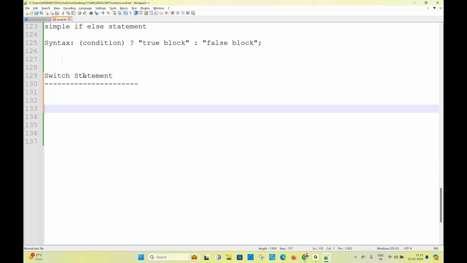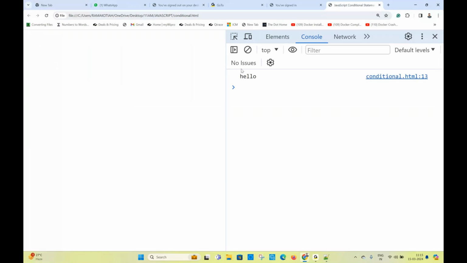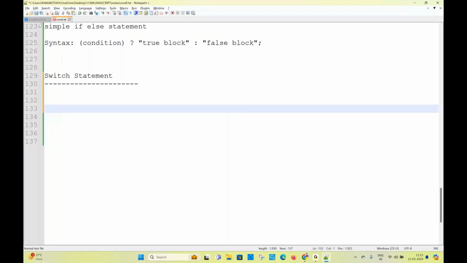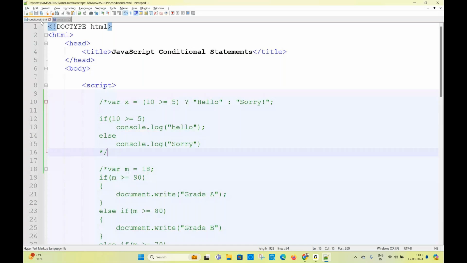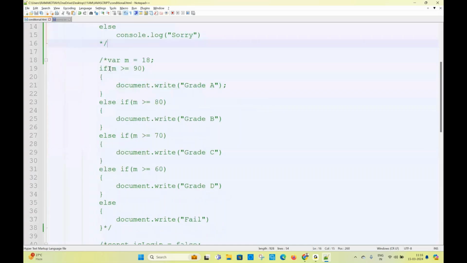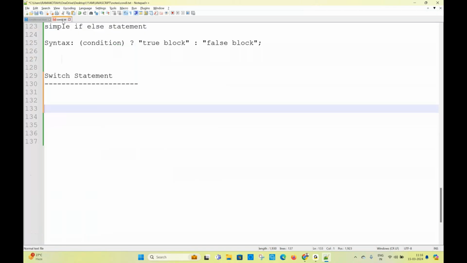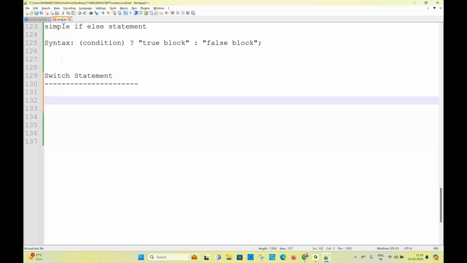But remember, in the else if statement we wrote a lot of conditions. If we go and check the previous code, this is the place we wrote yesterday. If this is not okay, we are checking one more condition. If this is also not okay, we are checking one more condition and one more condition. Like this, we are doing. Switch works the same way, but here we will write only one condition with